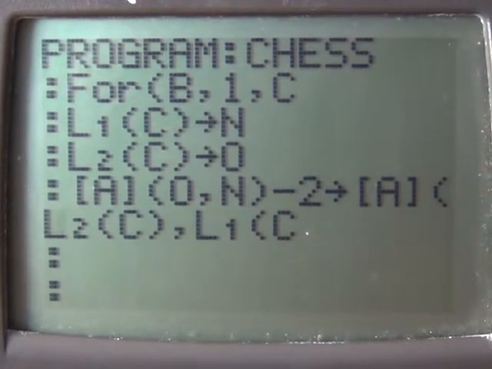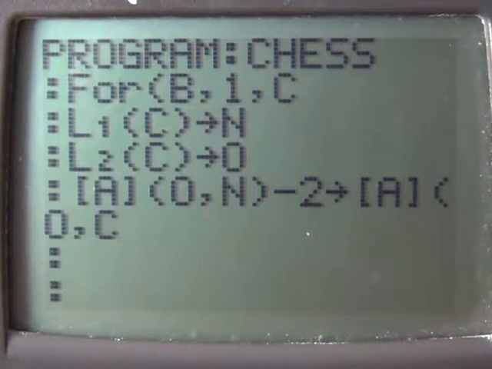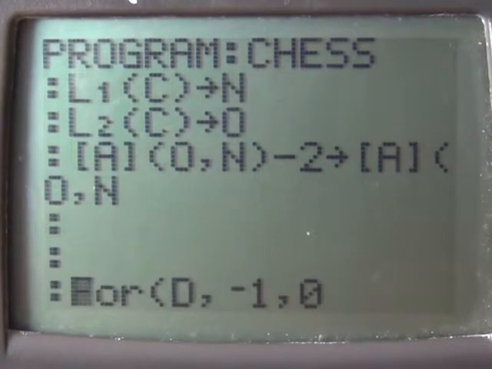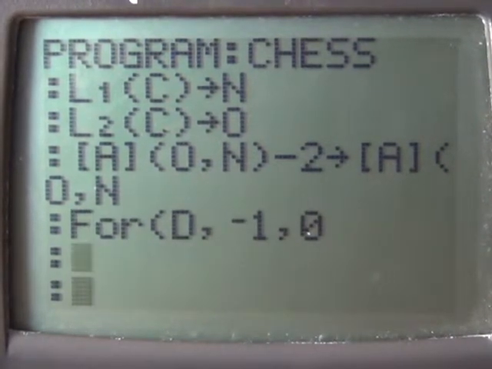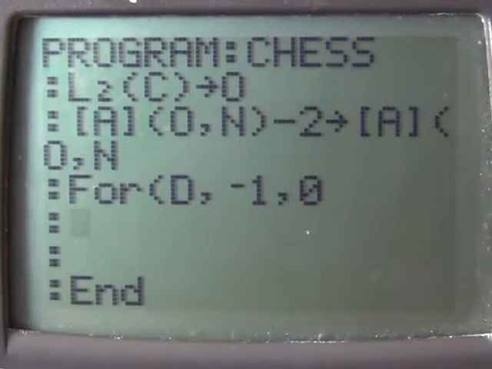Yep. And then this is going to be O, and then this will be N. Okay. Yeah, that seems like it'll work. And then we have them stored for this. So we're going to call our subroutine for D is negative 1 to 0. And we're going to call